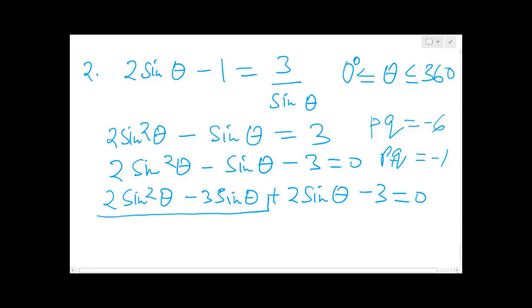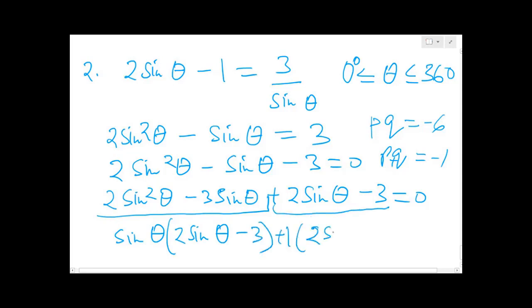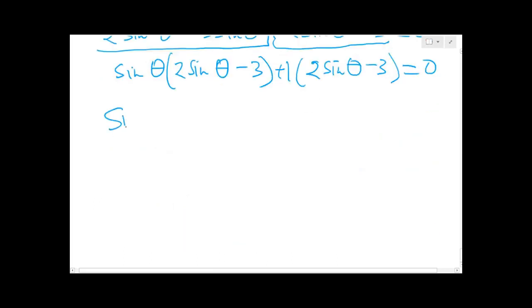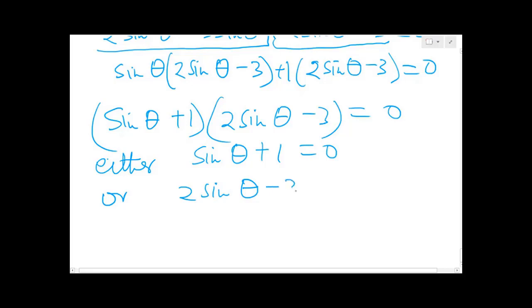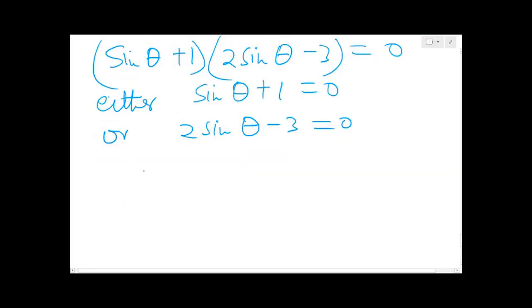In our first category, we have sin theta into bracket 2 sin theta minus 3. In the second category, plus 1 is common. We have sin theta plus 1 into 2 sin theta minus 3 is equal to 0. Our two solutions are either sin theta plus 1 is equal to 0, or 2 sin theta minus 3 is equal to 0. From the first option, we have sin theta is equal to minus 1, which implies that theta